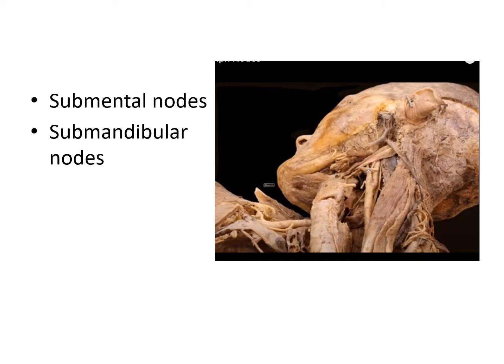These lymph nodes mainly receive afferents from the medial angle of the eye, from the side of the nose, from the cheek, and also from the angle of the mouth, from the upper lip, from the lateral part of the lower lip, from the anterior two-thirds of the tongue, also from the infraorbital foramen and the lower gums to the mental foramen, and also from a few sinuses, that is the frontal, maxillary, and most of the ethmoidal sinuses. These afferents mainly drain into the jugulo-omohyoid, and some also drain into the jugulo-digastric nodes.